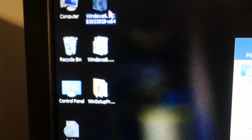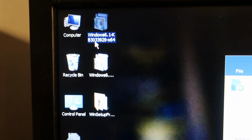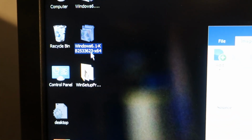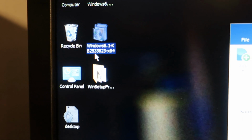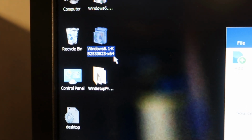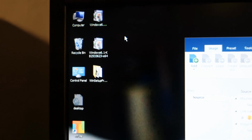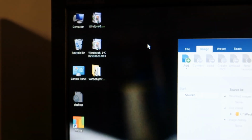They are these ones over here. So it's the Windows 6.1 3033929 for 64-bit and 2533623 64-bit. We can also integrate these two to the actual installation media before we even make the ISO file and get it ready for install. So now